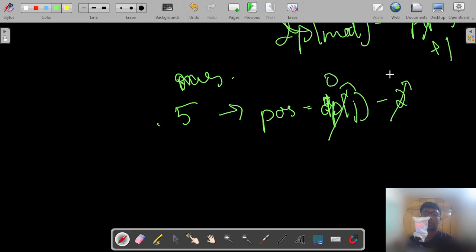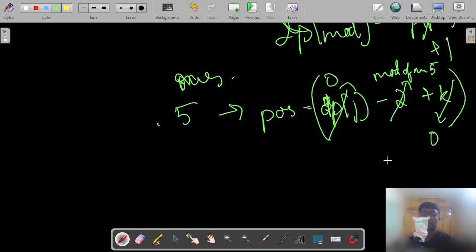This is the mod of number 5 plus k. K is equal to 0. So this again gives us a value of 2. dp of current mod will be